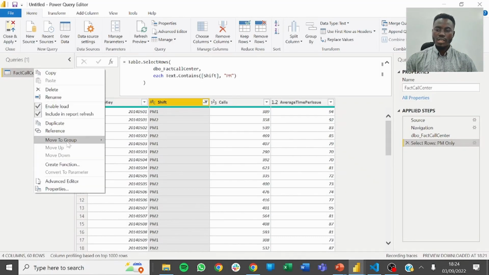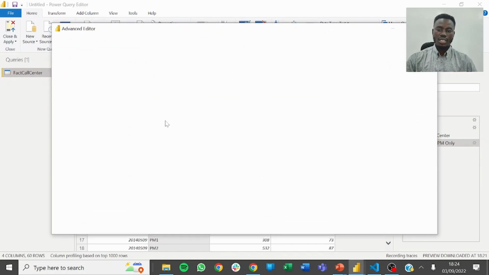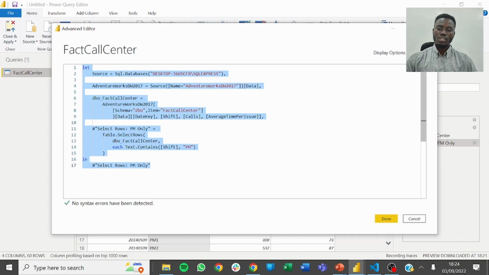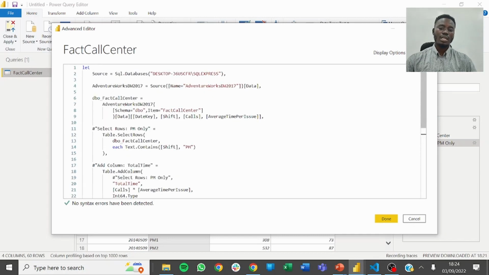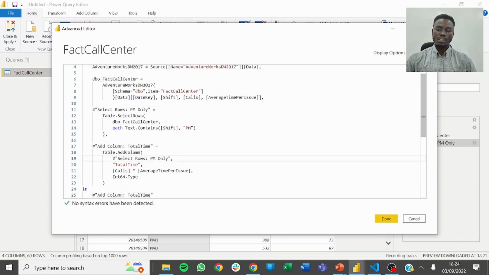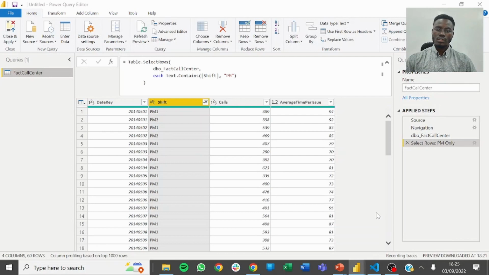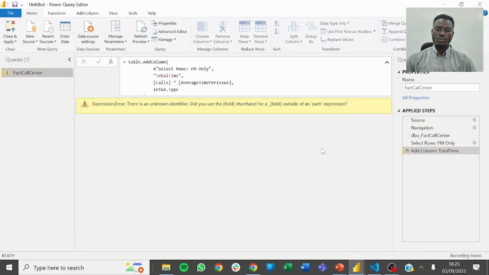So we come back here and just test this out. Understand that the back and forth can be crazy, but the reason I'm doing this is so that you can see what's happening step after step. On my own, I can just write it there and just move on. I think learning how to test this in Visual Studio will also be fun and will make the experience better. Click on done. And now it says, did you use the field shorthand for each out of each expression? And this is where